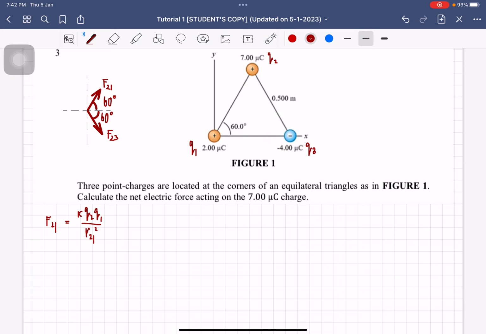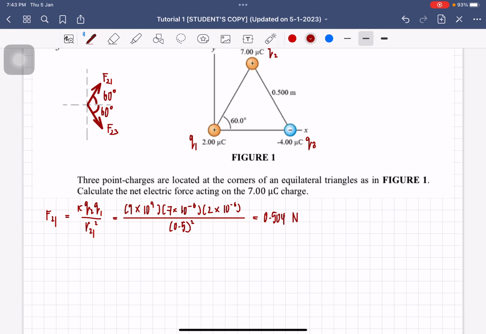Okay, so this is equal to 9 times 10 to the power of 9. Can I just give you the steps but not write the substitution? Because I think this is what makes my video a bit longer, because I have to write the numbers. So this is 0.5 squared, so calculate and solve it and you will get